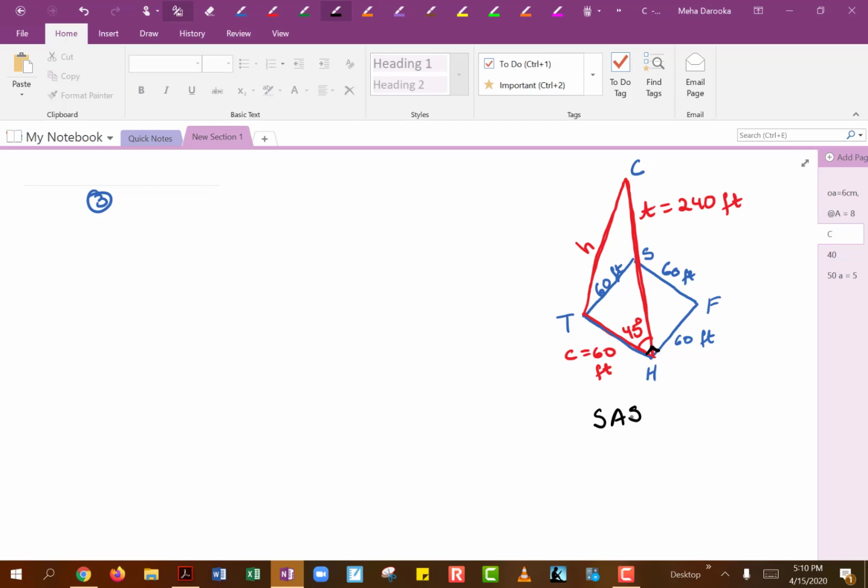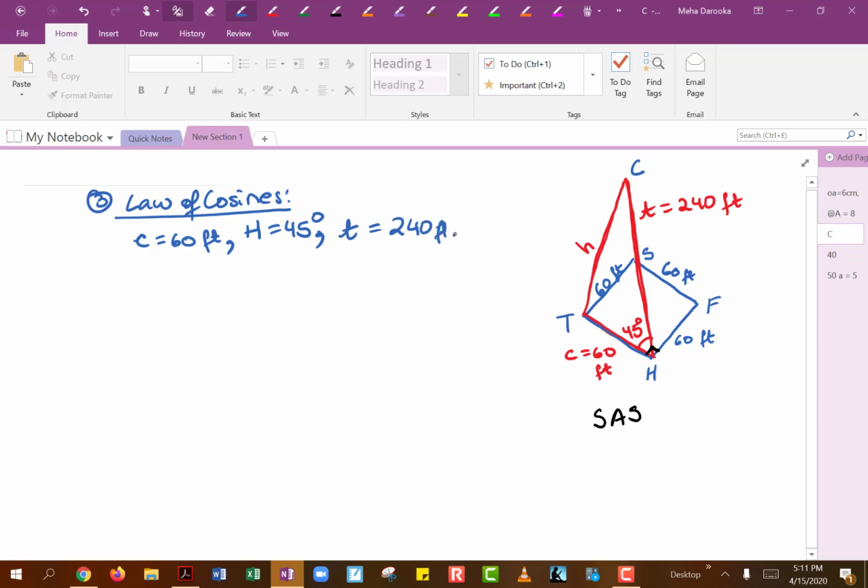So again, we will need to start by using law of cosines over here. And let's look at the given information. So we are given side C is 60 feet. We are given angle H is 45 degrees, and we are given distance T is 240 feet. So to find the distance between the center field and the third base, that's our length H, you are going